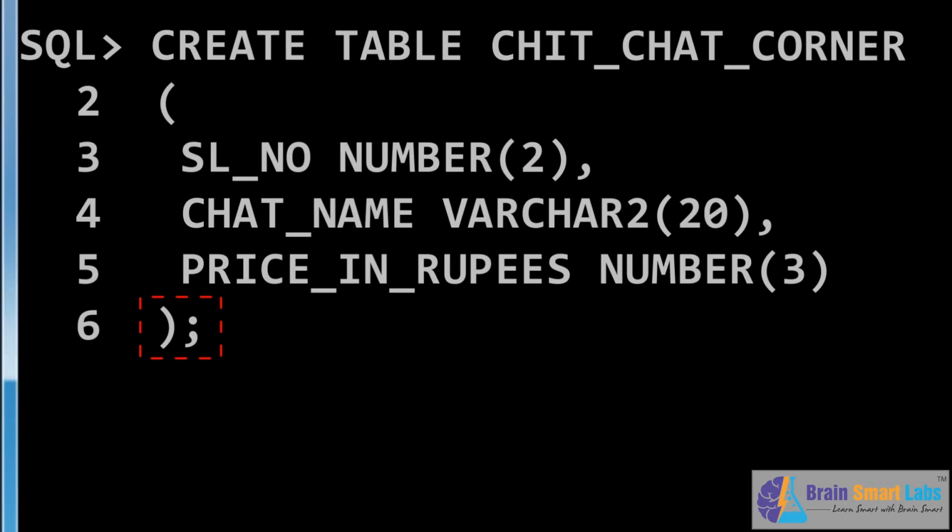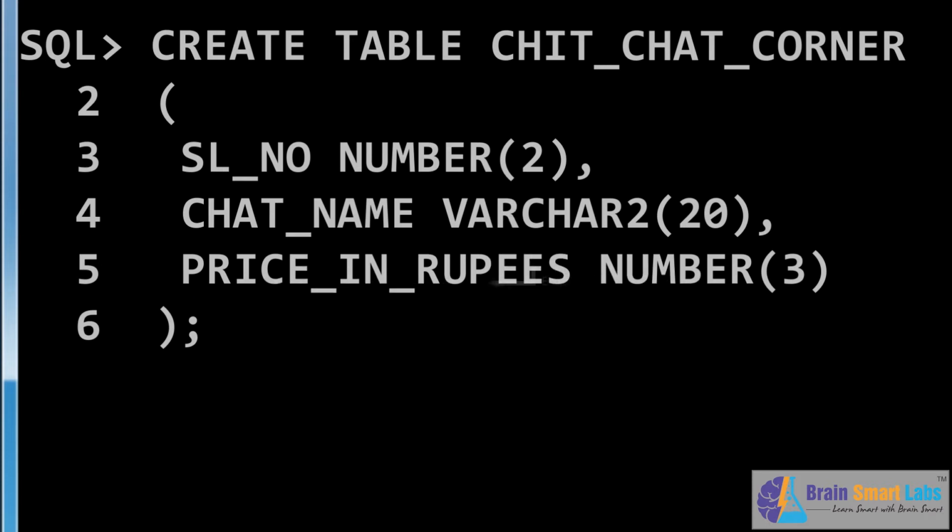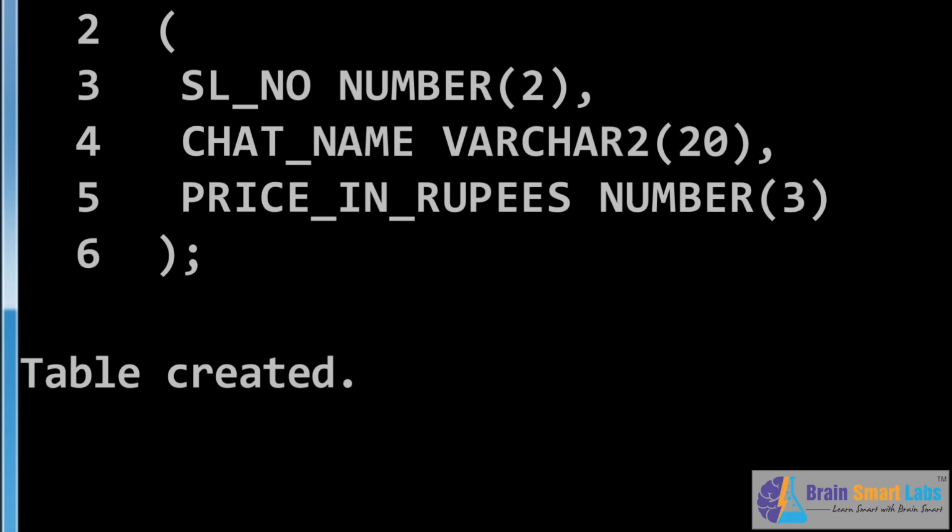Make sure the last line of our command is properly ended by closing the small parenthesis which was opened earlier. The create statement here has ended with grace, all with the help of a semicolon in the end. Now as you press enter to run your command, the SQL Plus software will receive it as an order. The table here will be created at the back end, letting you know with the help of a message,